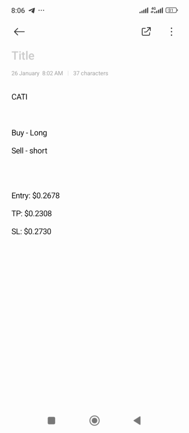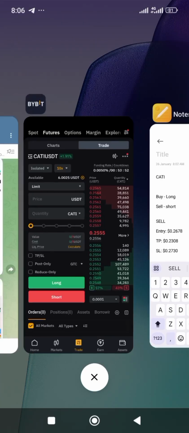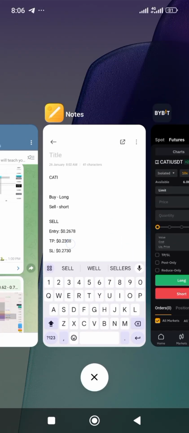Entry is 0.2678, and we are to sell. Remember, this is sell. So we are shorting. So now let's go. Entry price is 0.2556, shuffling between 6 and 7 right now. So what you need to do is this. You can either copy this entry price,